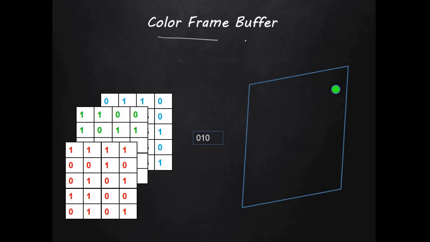Here we have seen that we can store the value corresponding to each and every pixel. That amount of memory is called a bitmap. Now we can store multiple bitmaps corresponding to the display screen. What does it mean?